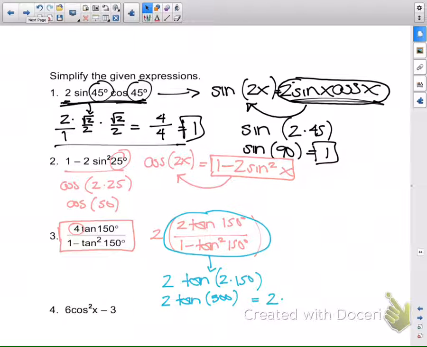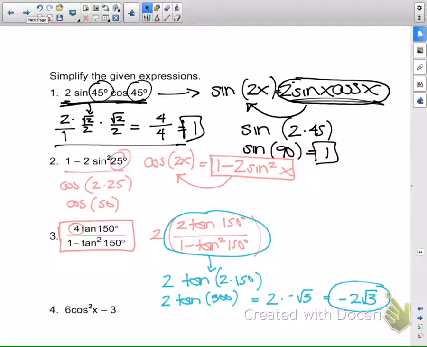Someone go look at your chart. At 300, negative root 3. So 2 times negative root 3 just gives me negative 2 root 3 as my final answer. So if you can find something out of your unit circle chart, go ahead and do that and get an answer. The last one we'll do like this before we just do a little bit of solving with this is